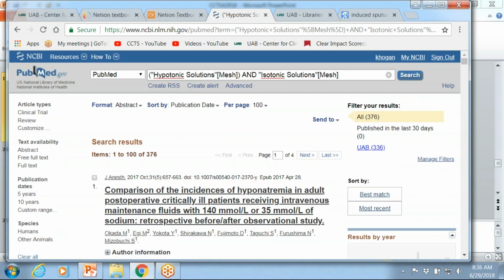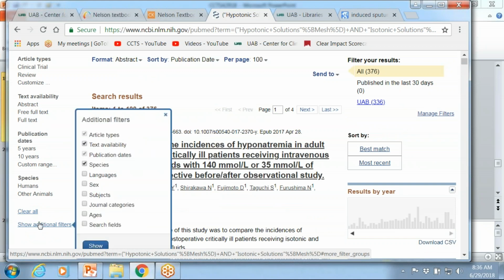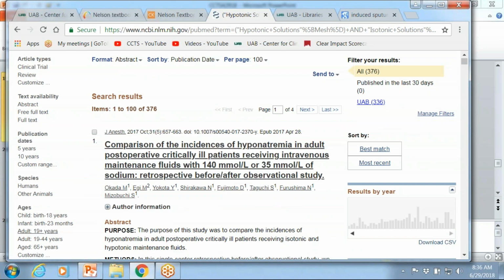I still haven't added my concept for pediatrics or children, right? So I really want this focused on children. You can use the filters over on the left-hand side to include ages and select your ages that you're interested in if you want to.